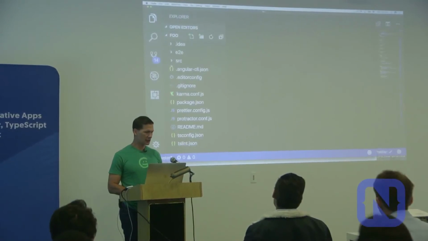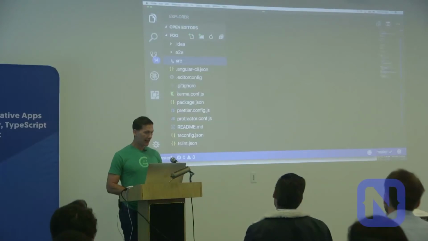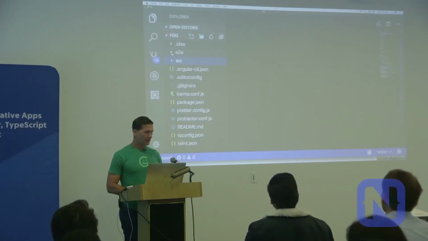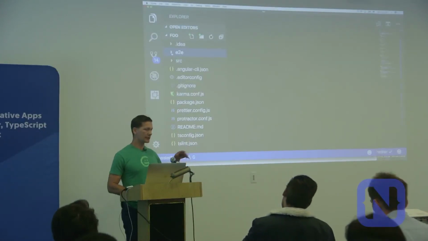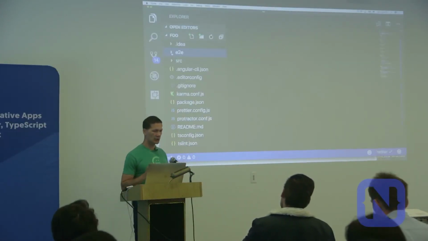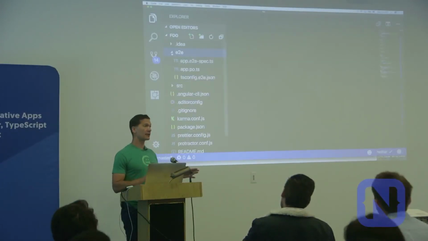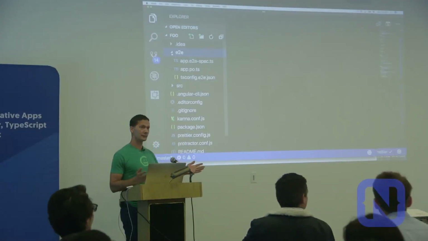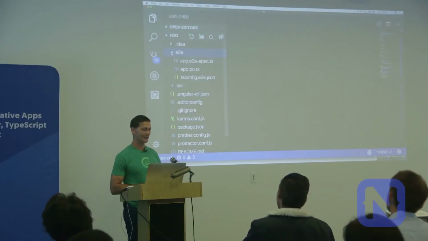This is just a basic default app that gets generated, with a lot more files. I'm going to talk about a couple quick things in terms of, as you're getting started, what you should or shouldn't pay attention to. I know everybody loves to write unit tests and end-to-end tests, right? Everybody does? Yes? Of course. Oh yeah, of course. I do it all the time, every day.